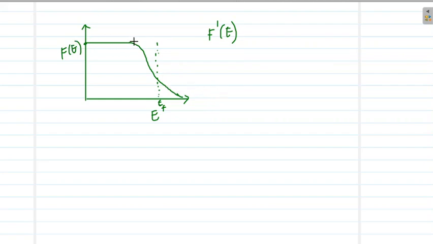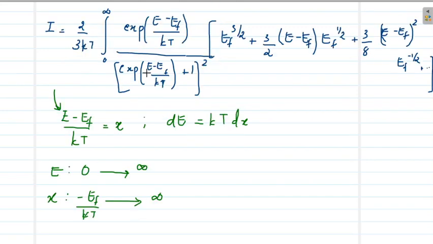We know the derivative of a constant is zero, and if you plot the function minus dou f of e by dou e, this value will have values only around the range EF. So in this integration, we actually have to integrate 1 minus dou f by dou e factor,